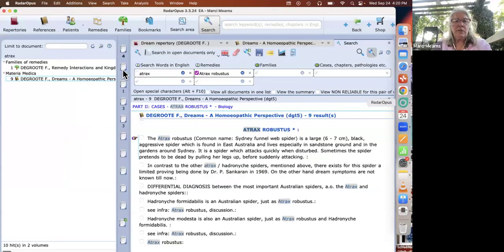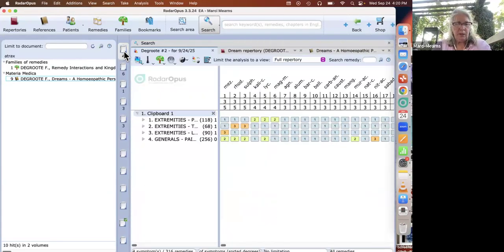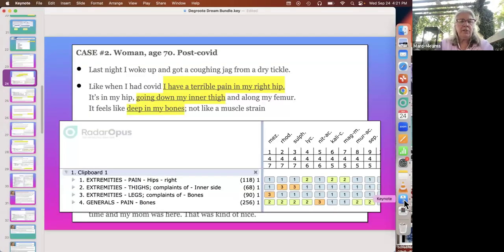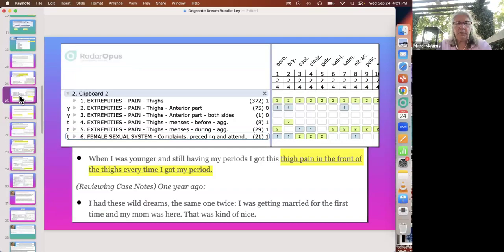Let's take a look at the case. There's our first clipboard. Let me close this. Okay, so there's our first clipboard. I probably don't have this case quite organized with the priorities as well as I might, but you'll see in just a moment when we get to the bottom of things. When I was younger and still having my periods, I got this thigh pain in the front of the thighs every time I got my period.